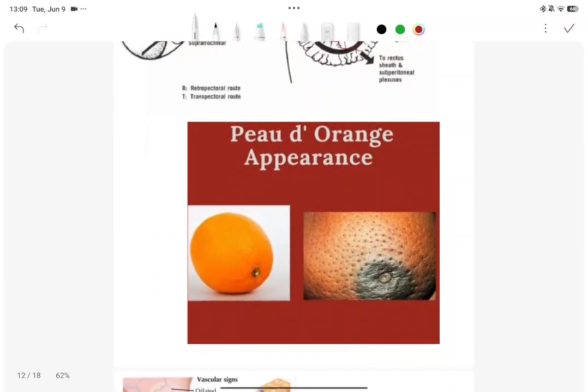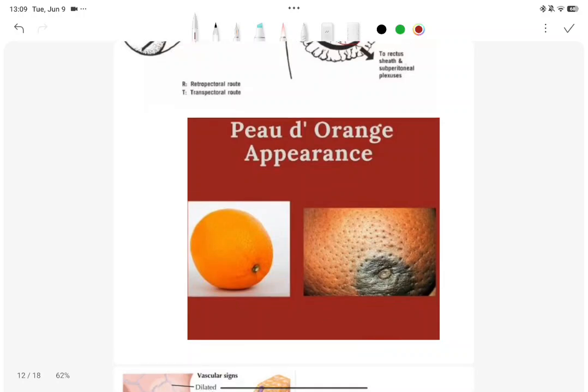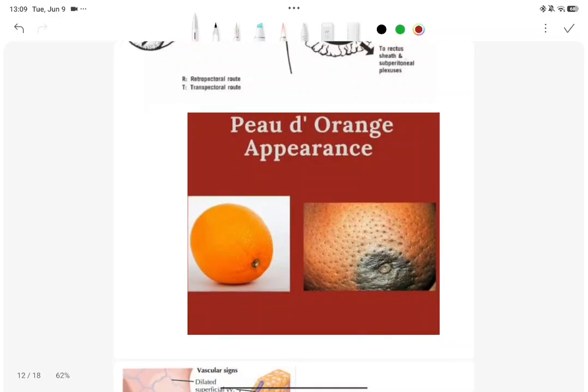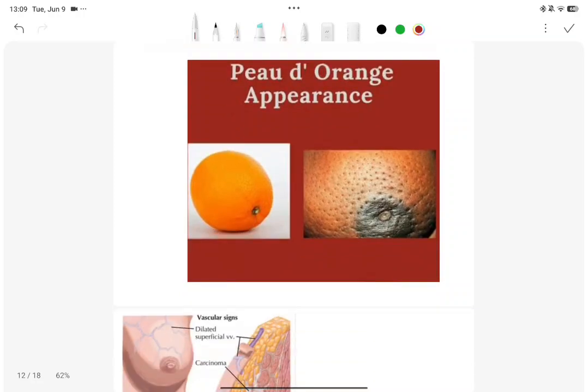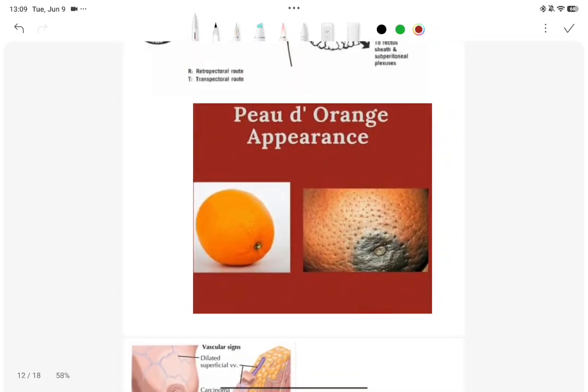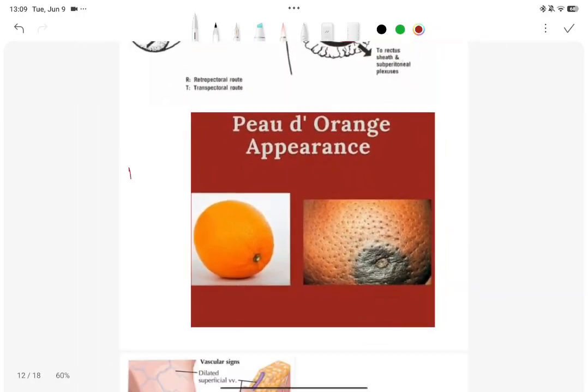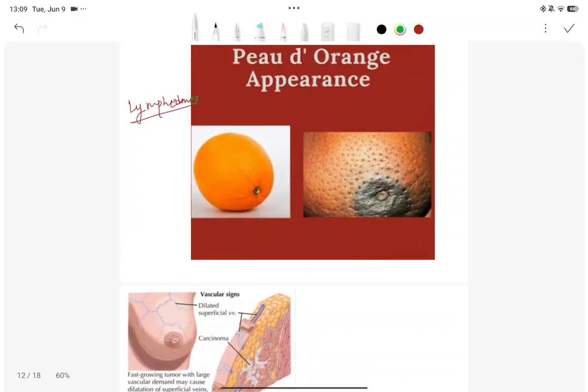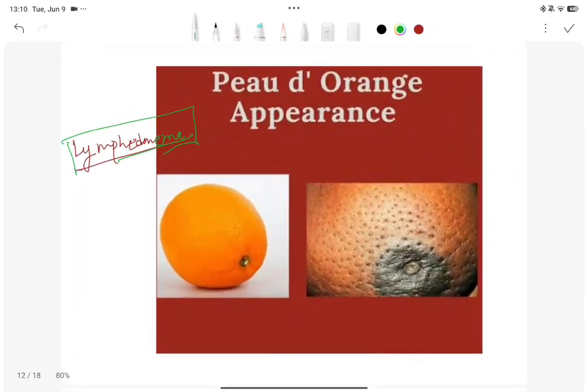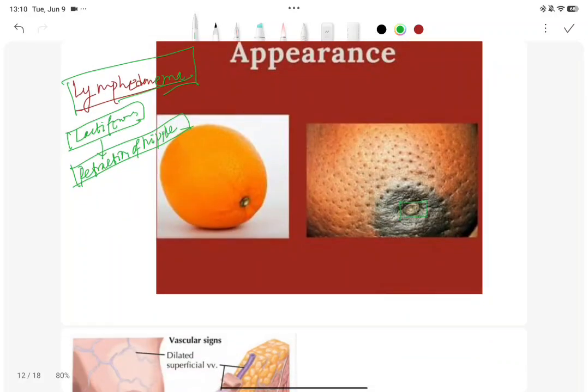So let's go to the applied or clinical aspect, the peau d'orange appearance. If there is a malignant neoplasm and metastasis of the malignant neoplasm blocks the lymphatics, there will be lymphedema, and the lymphedema results in swelling. If the cancer cells also infiltrate the lactiferous duct, there will be retraction of the nipple, or simply the suspensory ligaments will be retracted, so the nipple is retracted here and it gives a characteristic